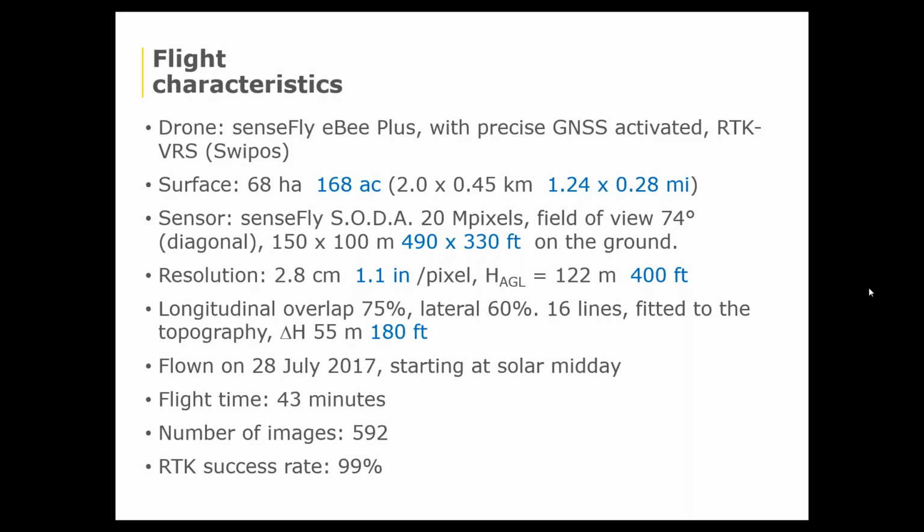Overlap, typical, so the longitudinal 75%, which is very traditional in digital photogrammetry now, and lateral 60%. 16 lines fitted to the topography. It's a bit hilly, you will see in a few seconds. Flown in July, perfect in solar midday, so perfect light conditions. 43 minutes of flight,